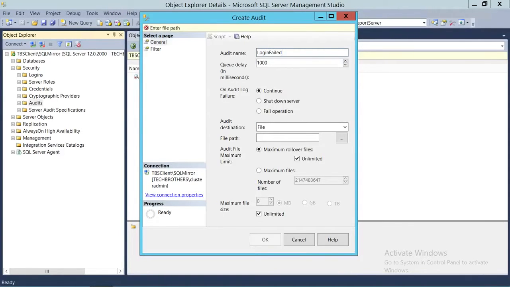In this particular audit, what I would like to do is capture any login failure to this particular instance. And up here is the queue delay. Every time it happens, it's going to wait for 1000 milliseconds and check again. If that event happened, it's going to grab it and put it in your target. On audit log failure, we have certain actions right here. We can continue the audit, or we can shut down the server. There are some very critical audit